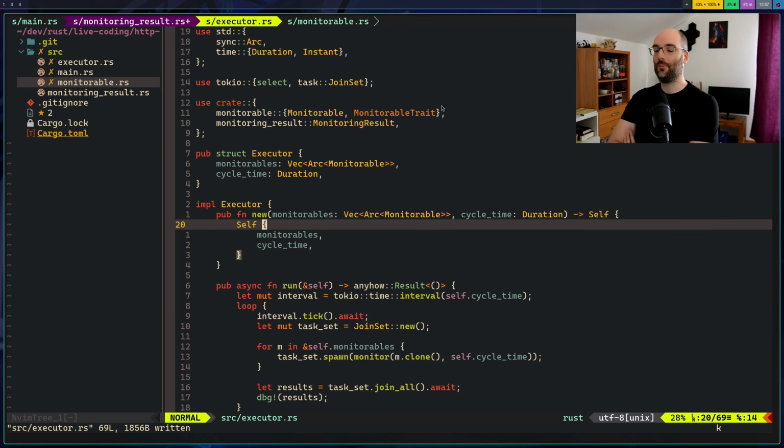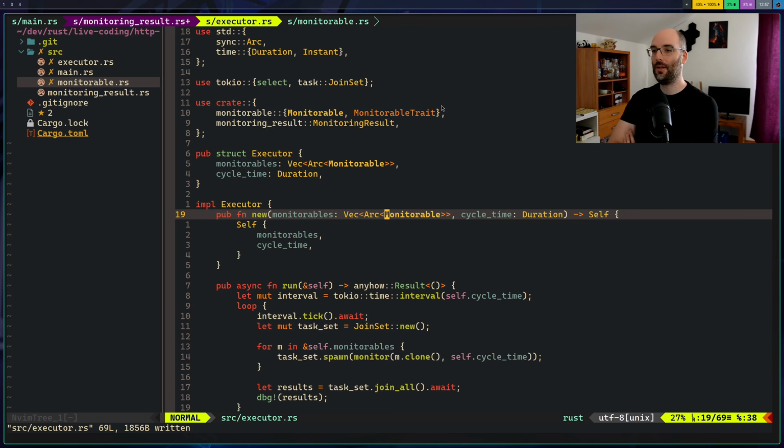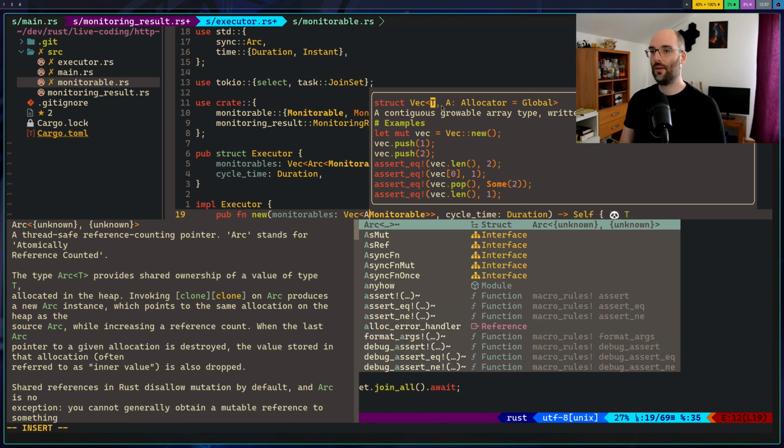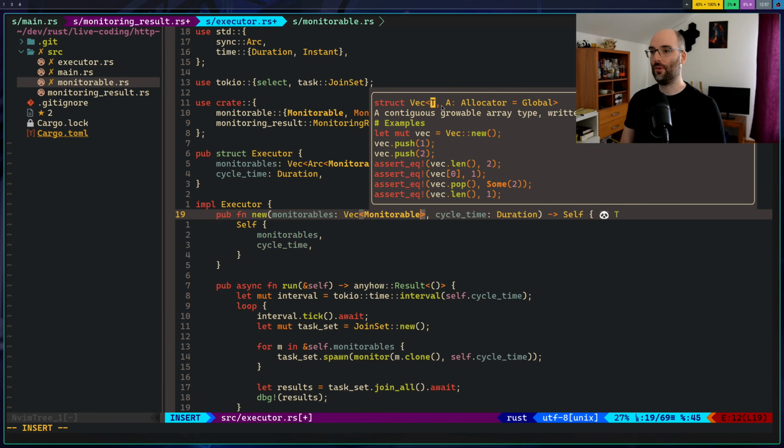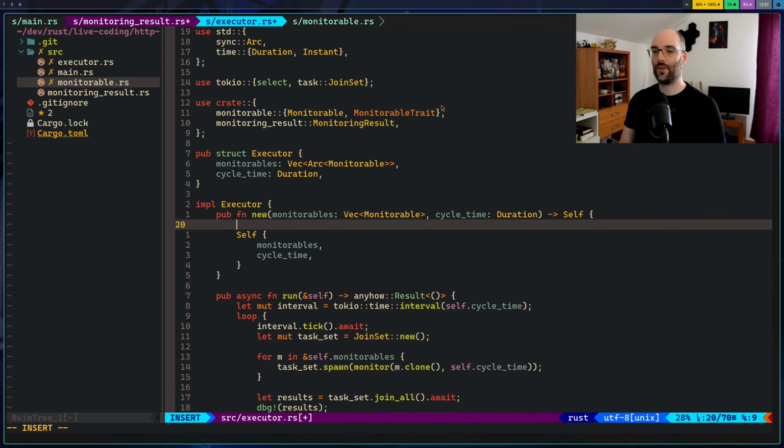Question is now whether we want to create or wrap the monitorables in individual arcs in this new function, or whether we want to do it outside. I think this is an implementation detail of the executor that it requires them to be behind an arc. So I would prefer to do that in here in order to not leak the internal details of the executor through its constructor to the outside world.